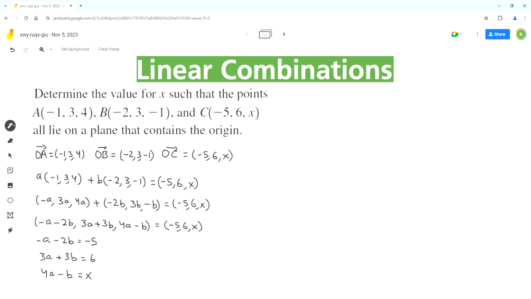So we'll use the first two equations to find the values of a and b. So we can rewrite these two equations. Now we can simplify our second equation by dividing each term by 3. So we can rewrite this linear system